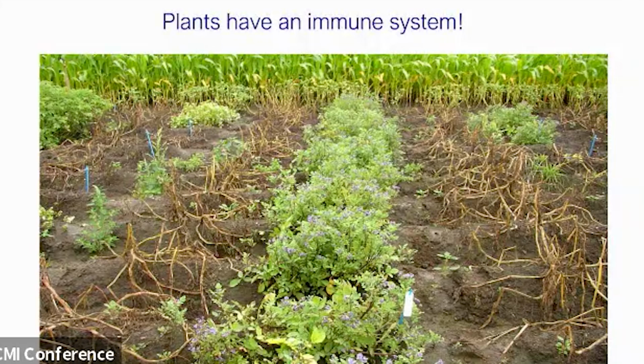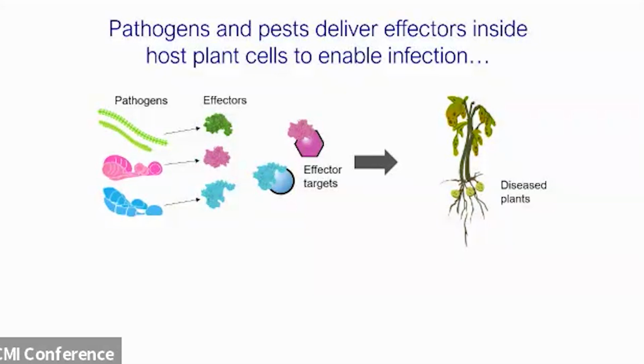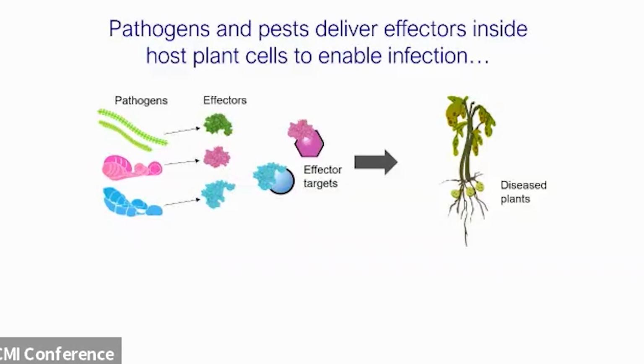So first of all, plants have an immune system. Not everybody appreciates that, but they do have a very effective immune system, as you can see here on this slide. If you can see here, this plant happens to have a single gene that codes for an NLR-type immune receptor, and that makes it resistant to the potato blight pathogen, the Irish potato famine pathogen, compared to the two neighboring genes. So these immune receptors detect proteins that are called effectors, but what we now also appreciate in plant